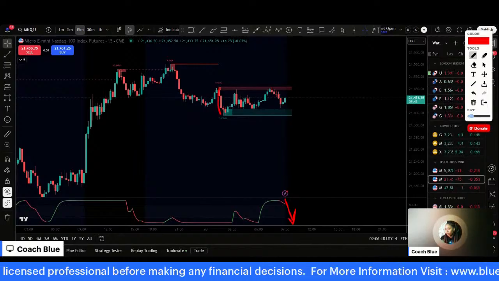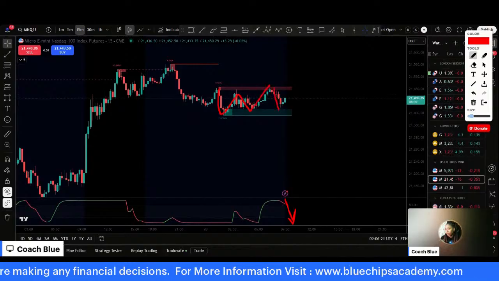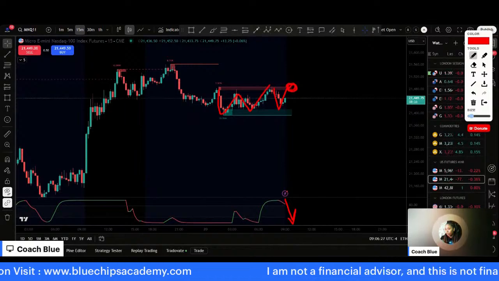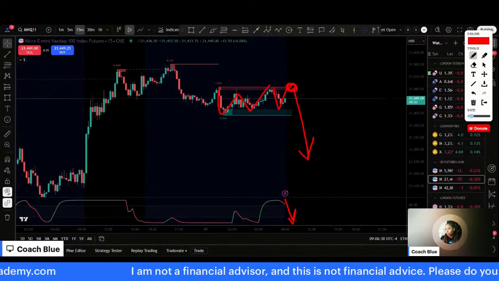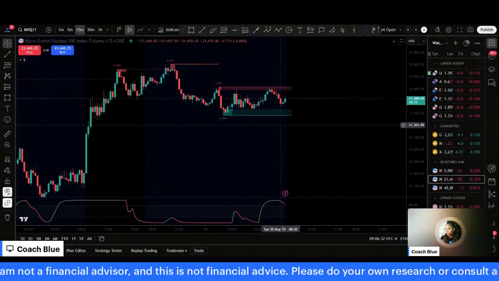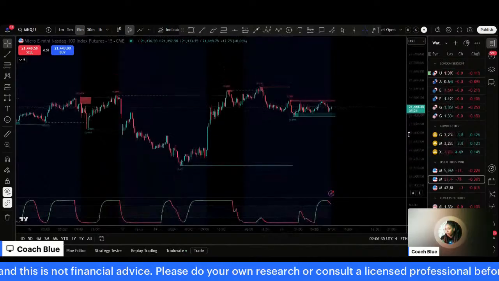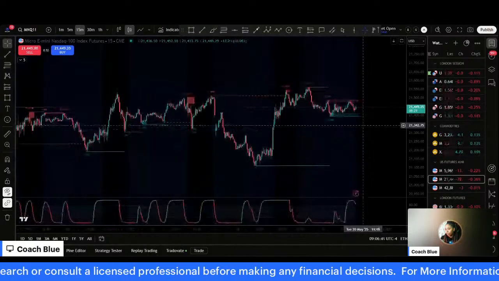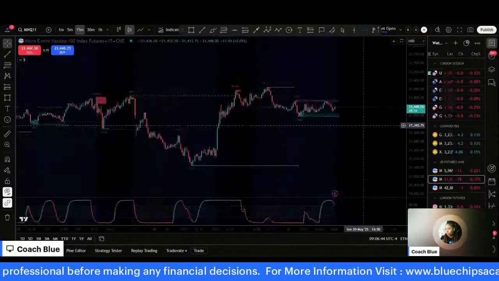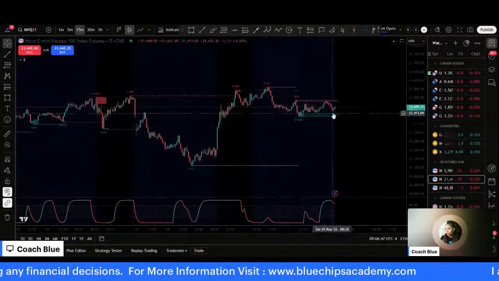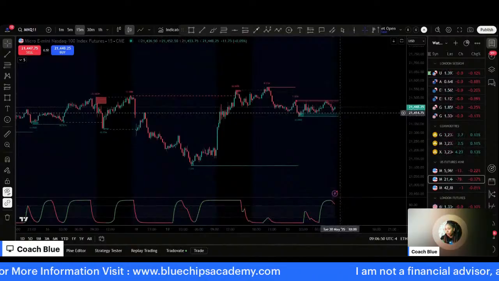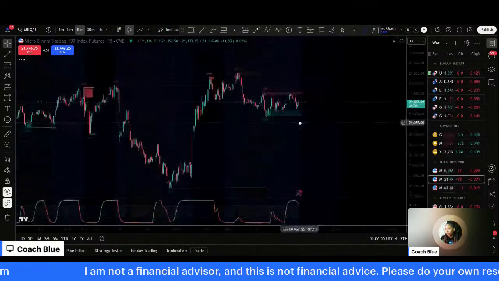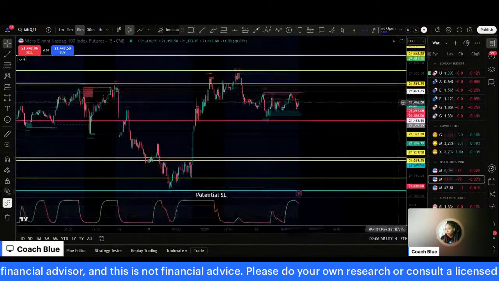So we will probably want to see price retest this area right here, give us a nice strong bearish sell signal to take it to the downside if that's what the market wants to do. Okay? So although we have our directional bias for the market, we are still objective if the market wants to move elsewhere. So let's look at this real quick. I'm going to pull my levels up again so you guys can see where we are.